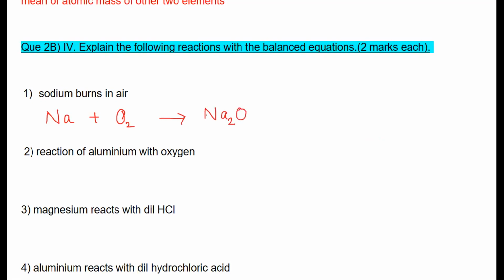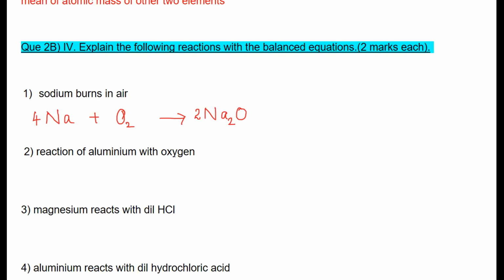Okay. Now we have to balance both the sides. Here on the left side, 2 oxygen atoms are there, but on the product side, only 1 oxygen is there. So here I am going to multiply with 2. Now oxygen became 2. Both sides oxygen is balanced. Sodium becomes 4, so here I am going to multiply with 4. Now it is balanced. So the balanced equation is 4Na plus O2 gives 2Na2O. Let us solve the next question.